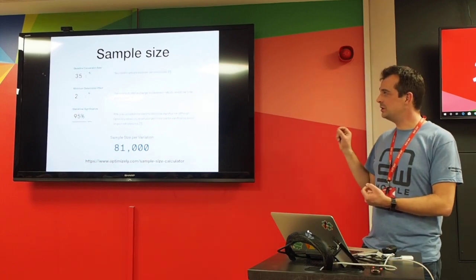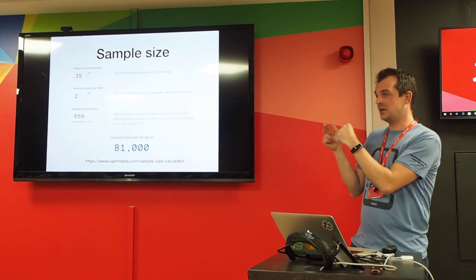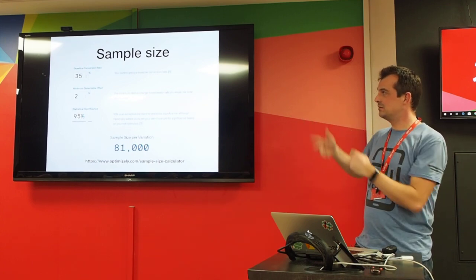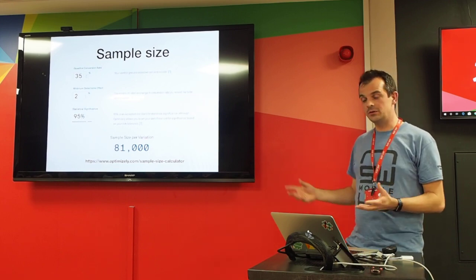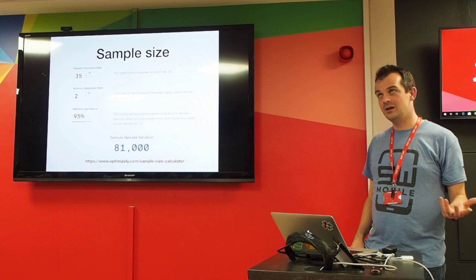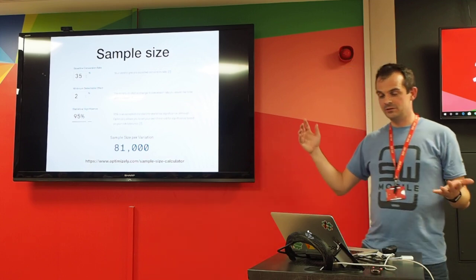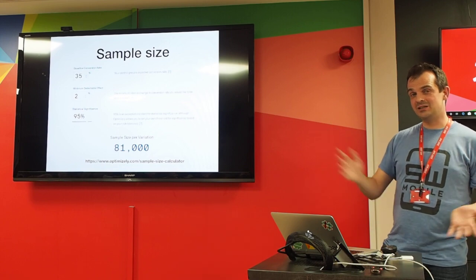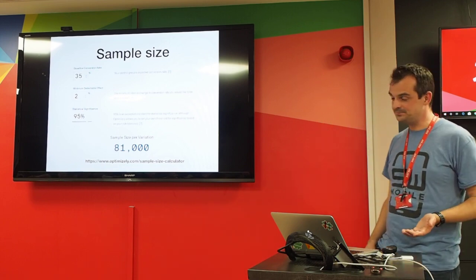But if you think it's only going to move your conversion rate from, say, 35% to 36%, which is a 3% detectable difference, then you're probably going to need quite a lot of traffic. So that's something to bear in mind if you have an app with a relatively small number of users, or vice versa if you're segmenting your audiences to be smaller than your overall population.